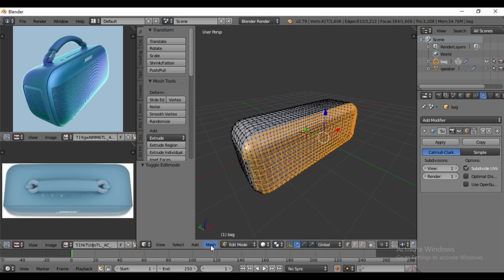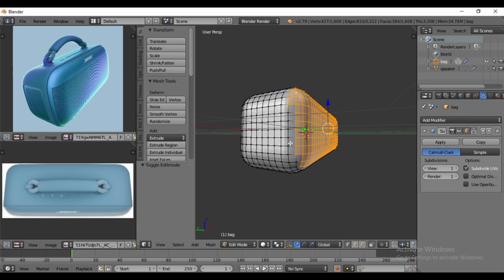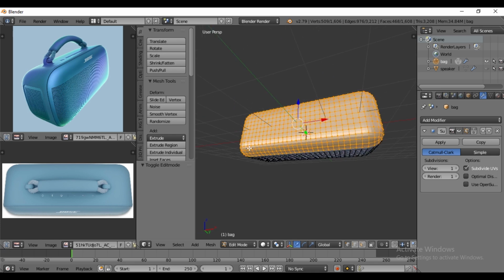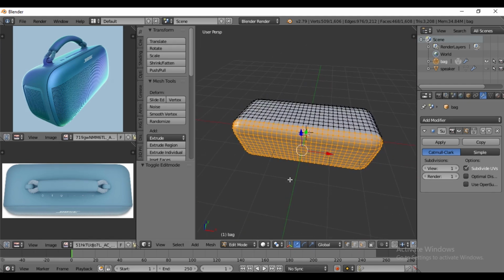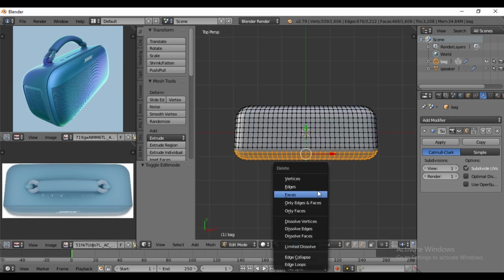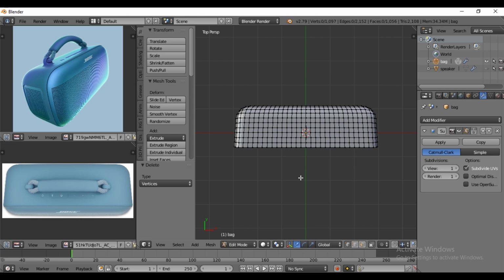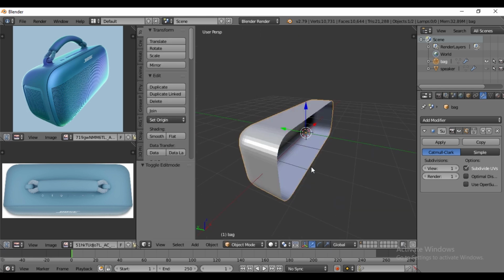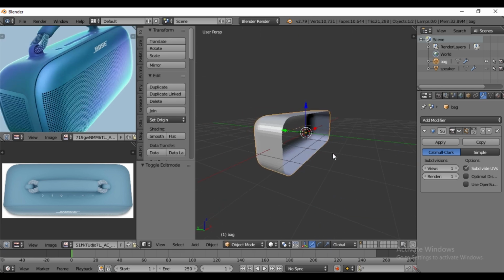and to select unselected vertices, press Shift Alt and select loops. Then by pressing X, delete the vertices. We will add solidify later, but for now,